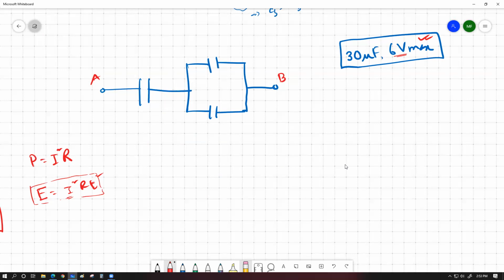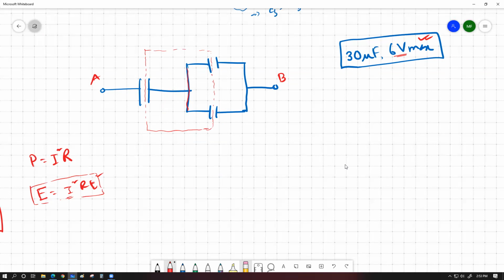What do I mean by this? Try to understand. One easy way that I always try to teach the students whenever they are dealing with combinations like this, have a look over here. Please try to understand this part a bit carefully. This is the capacitor combination. If I consider this much part of the capacitor, this is a disconnected part of the circuit, right? This part is not electrically connected to the left side, and this part is not electrically connected to the right side, which